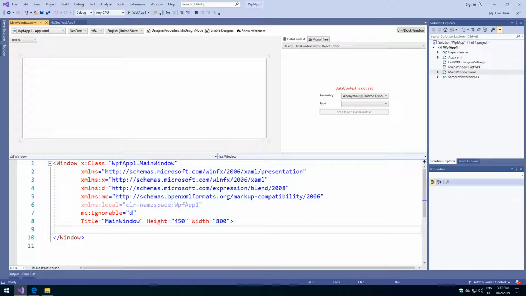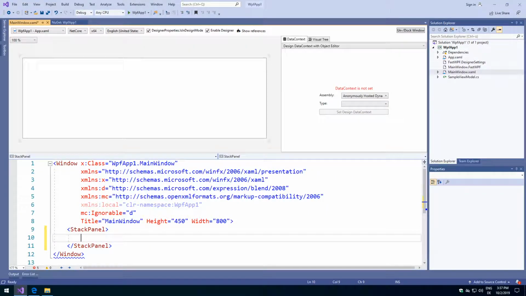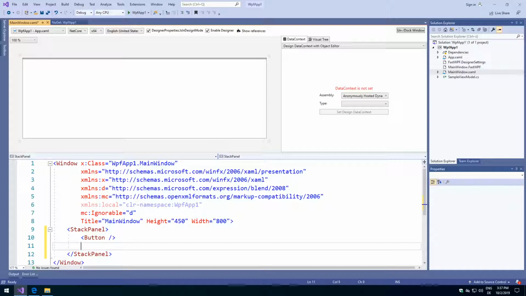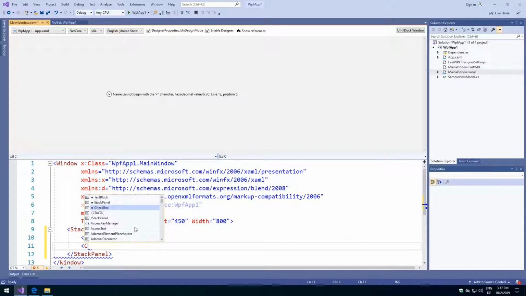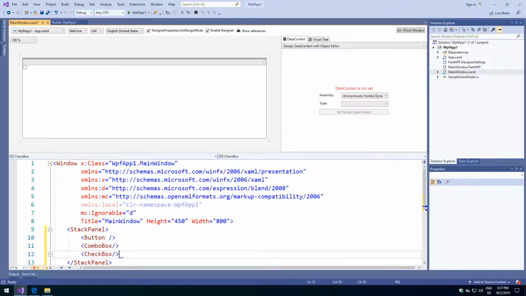That means for this little case I want to define a stack panel, for example, and I'm just giving some controls within this stack panel. For example, a button, a little combo box and a checkbox. And you will see that all these controls have the default style of WPF applications. To utilize the MyApps framework, you have to include some additional resources within your application